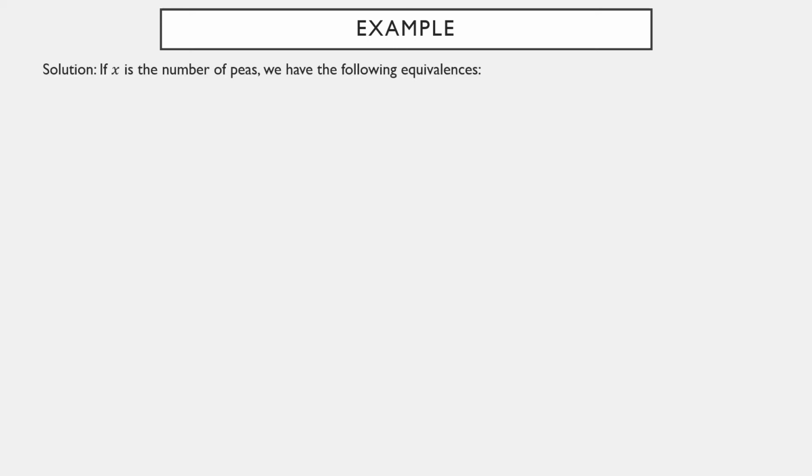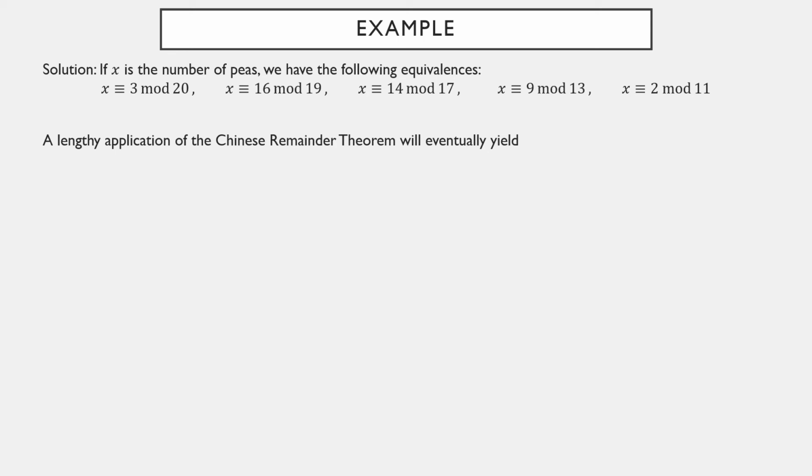Where were we? We had the following 5 equivalences to solve. Observe, the bases are all pairwise relatively prime, which means we can use the Chinese remainder theorem. This is, by the way, why I didn't count out the peas modulo 18 or modulo 16. I wanted to make sure that the bases I picked, 20, 19, 17, 13, 11, are all pairwise relatively prime. So we can apply the Chinese remainder theorem, we do a bunch of work, and we eventually get x as an integer which is equivalent to 65,243 modulo